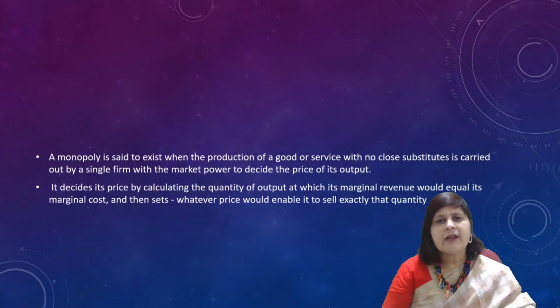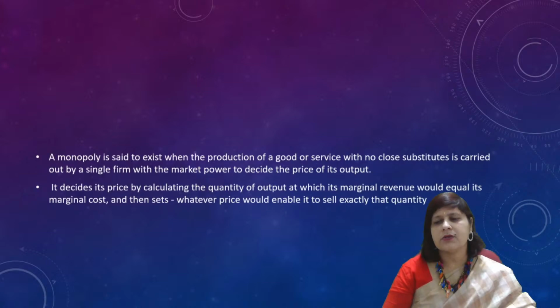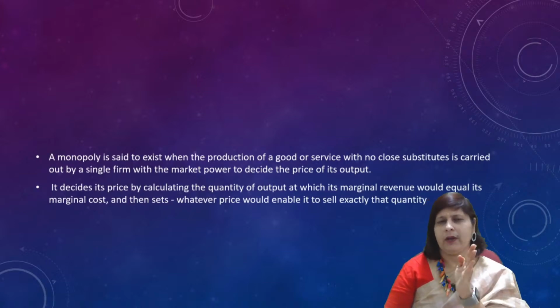Next type of market is a monopoly type of market. Monopoly is said to exist when the production of goods or services with no close substitutes is carried out by a single firm with the market power to decide the price of its output. See, monopoly, as the name suggests: mono means one. No close substitute for your product or service is available, and that product or service has been